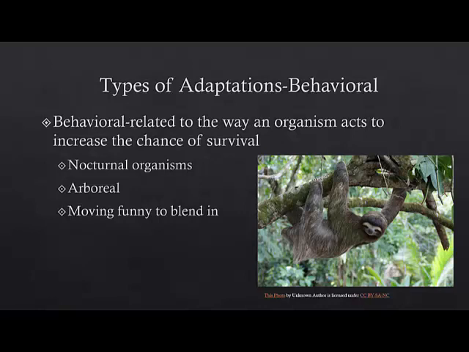Some are arboreal. This means they live in trees. You can see the little sloth living in a tree, and that helps them avoid predators on the ground. Chameleons are a great example. They move kind of funny to blend in, so you can't see them as well. There are all sorts of examples of behavioral adaptations, and so they behave in a way that helps increase the chance of survival. A lot of mating dances and stuff, especially in birds, if you were interested,